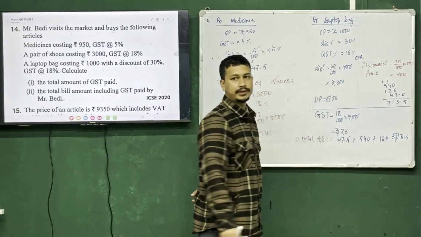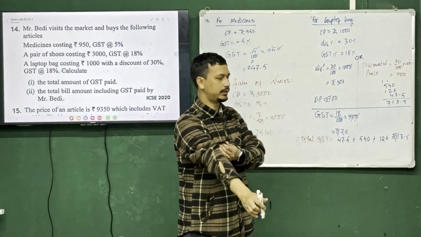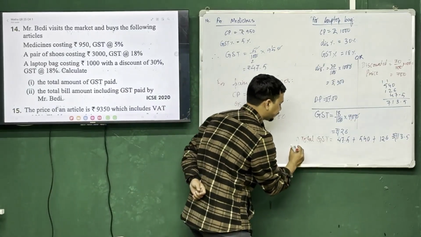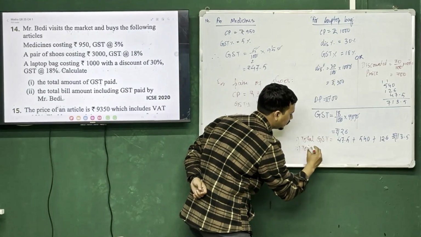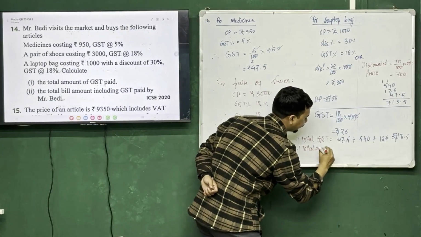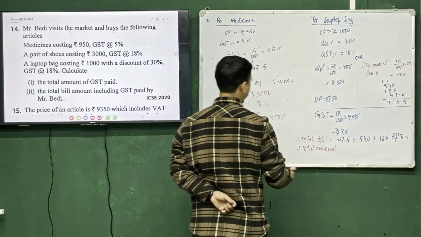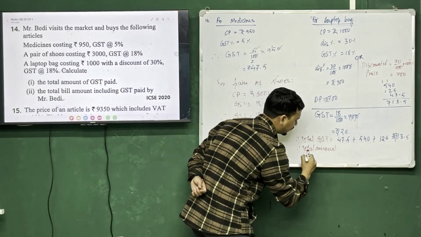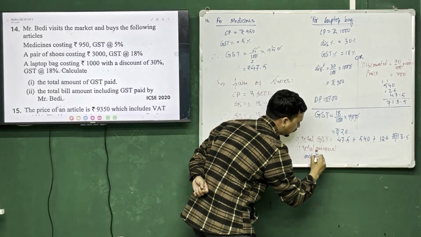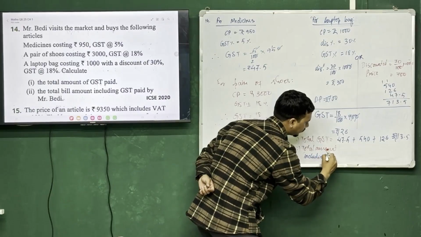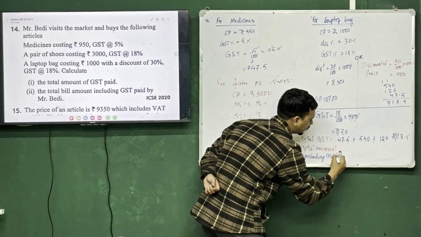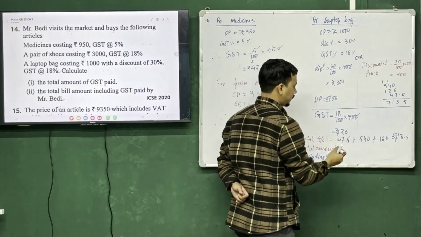So it should be 713.5. All right, and then total amount including GST, right? Including GST. You have to mention it in the bracket, okay? Including GST. So that will be equal to,